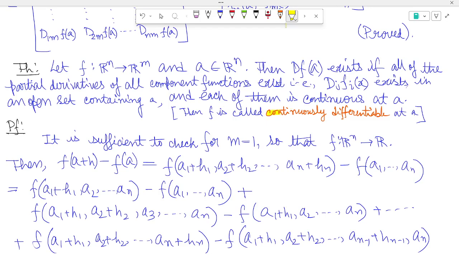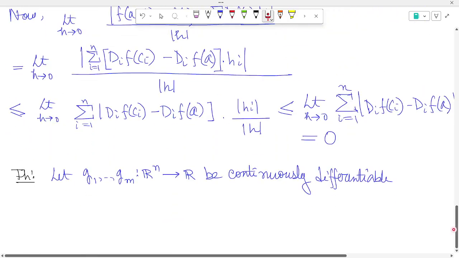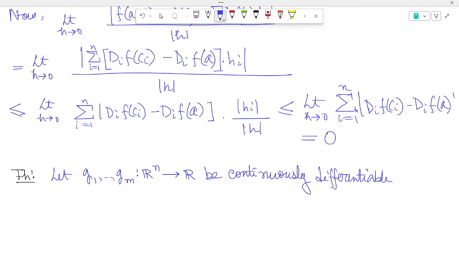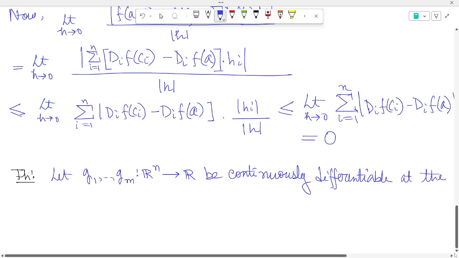It is the definition. Continuously differentiable means every partial derivative of every component function will exist, and each of the partial derivatives of each component function is continuous on some open neighborhood of that point. So my point is that if they are continuously differentiable, at the